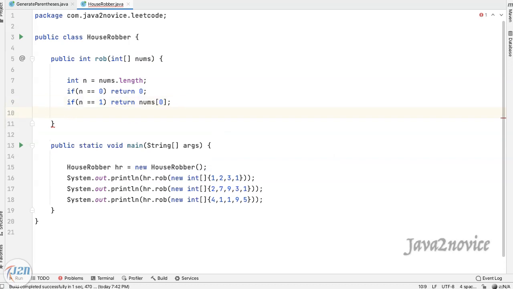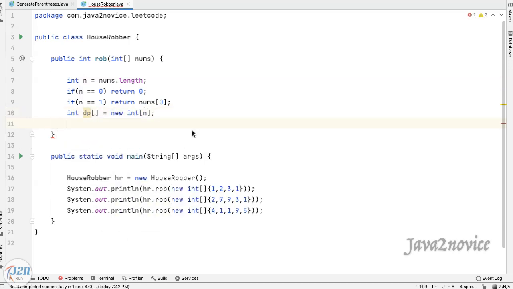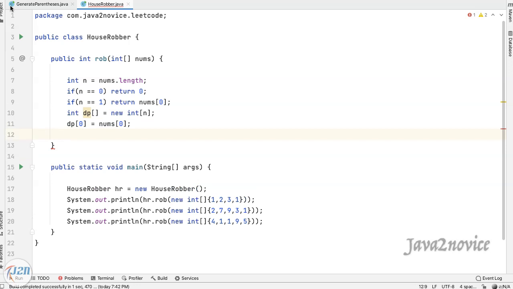Declare a new array to hold cumulative max values at each index. At index 0, the max amount can be the same value, so just assign the same value in the dp array at index 0. At index 1, the maximum amount can be the maximum of both index 0 and index 1 elements.